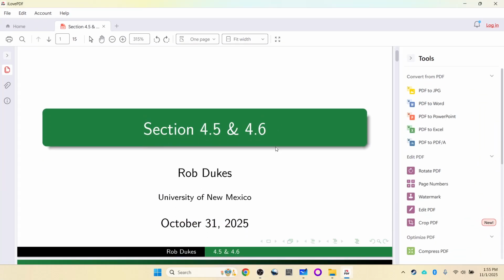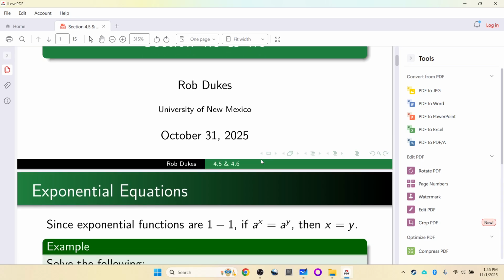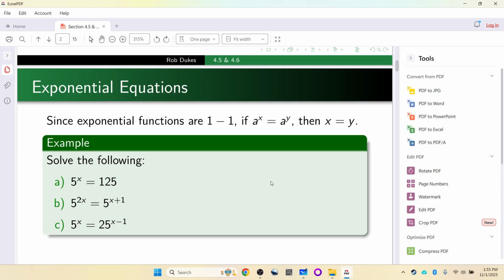Okay, we are going to now talk about dealing with exponential and logarithmic equations. Now, the main point, what makes this work, is that exponential functions are one-to-one. So if we have two exponentials equal to each other, and they have the same base, then the exponents must also be the same. So, for example,